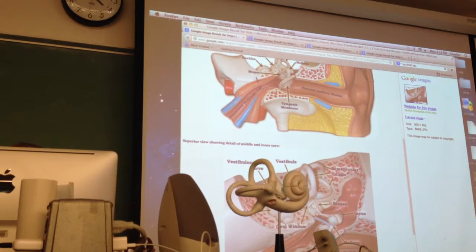This actually drains right into the back of your throat, kind of by your nose. And when we cover the respiratory system, we're actually gonna learn the hole that this pops out into. It's also called the, actually we just call it the auditory tube then, but you'll see where this kind of dead ends into. Okay, any questions before we move into the last model? Great. So now we'll talk about the